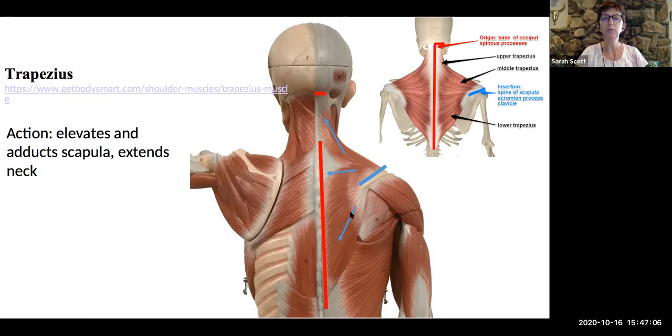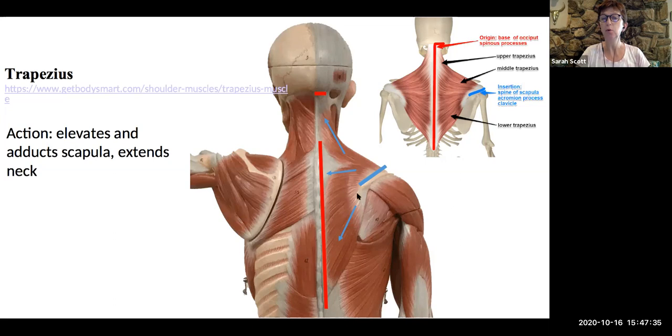And then we're also going to see differences in the orientations of the fibers between those fibers that are running to the midline, and those are the ones that are going to adduct the scapula, move it toward the midline. Again, small movement, but imagine holding an orange between your two shoulder blades. So you're sort of pinching together your scapula. That's adduction. And then we have elevation.